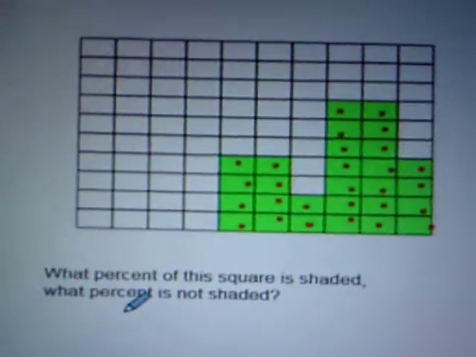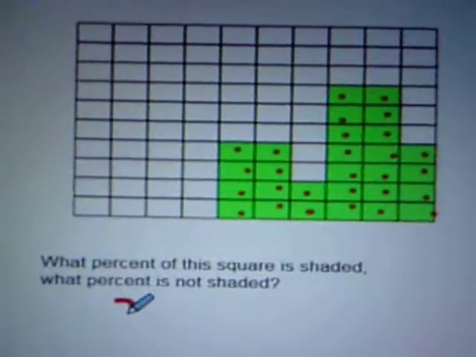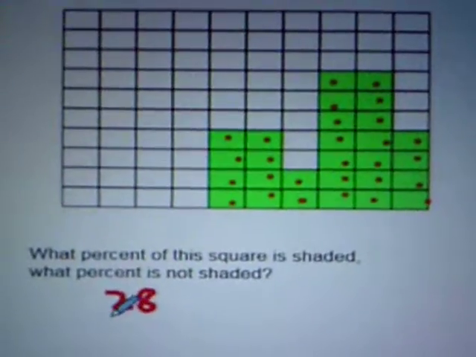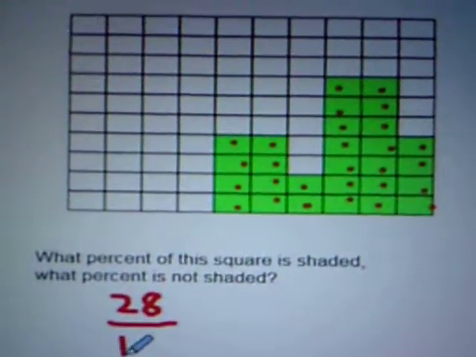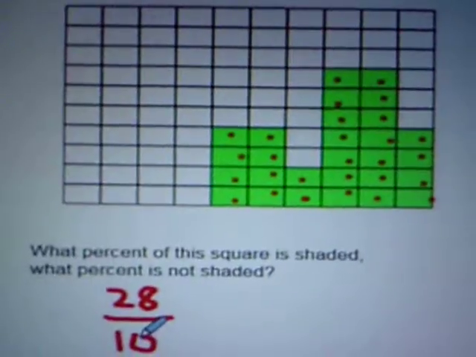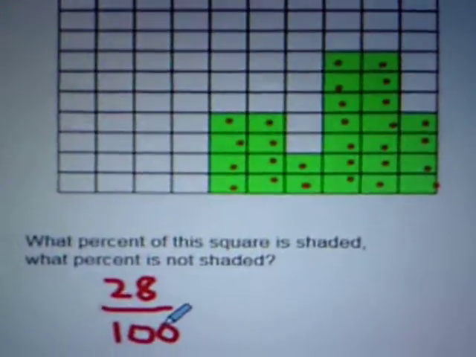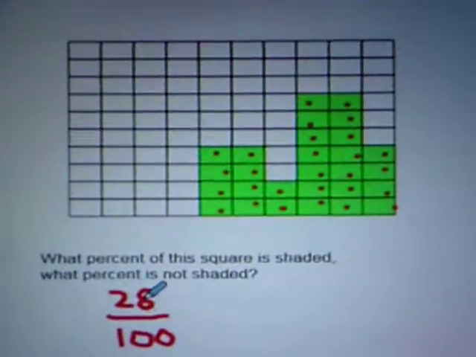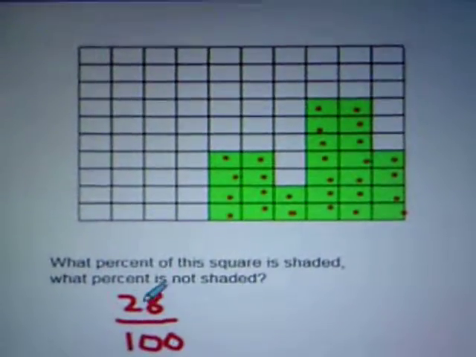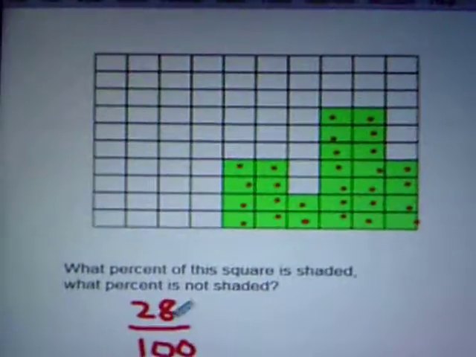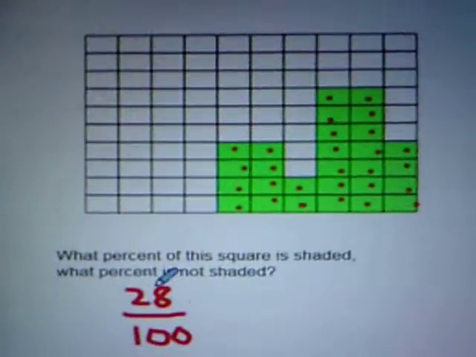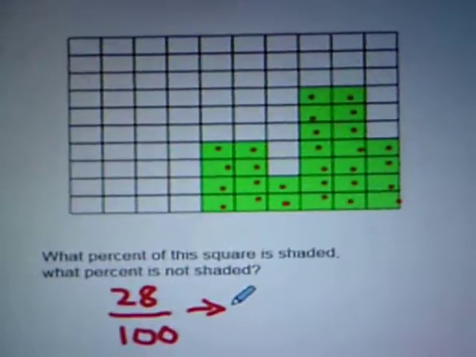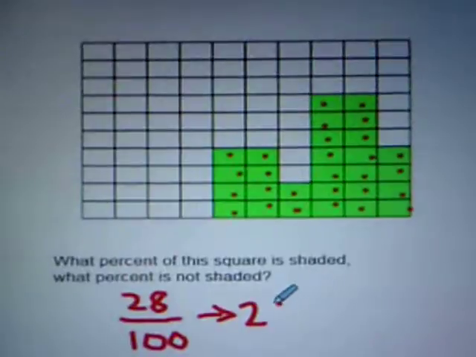So first we write a fraction or a ratio in terms of 100. And we can say that 28 out of the 100 total squares are shaded in. Since a percent is simply a part of 100 or a ratio of a number to 100, this number up here, the numerator, will tell us our percent, since we're talking in terms of hundreds. So we could say that 28%